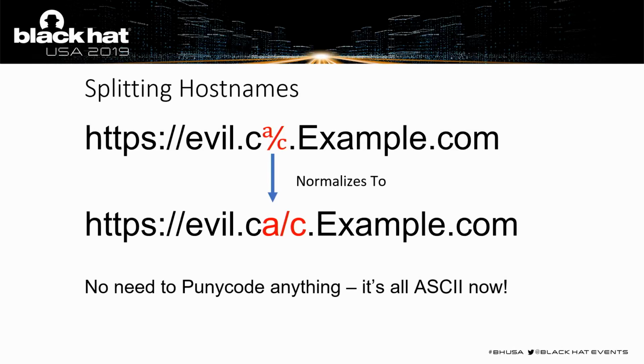And if you look at this, it started off as a subdomain of example.com, but now it's not. Now it's just evil.ca with a path. And presumably this is like some place where evil Canadian people hang out or something. But the hostname here has changed because of this normalization step. So that seems problematic, but